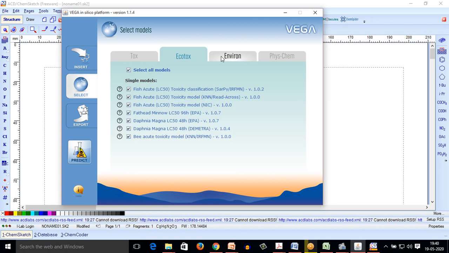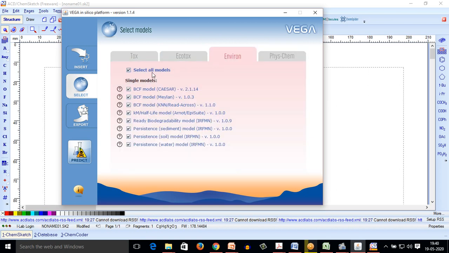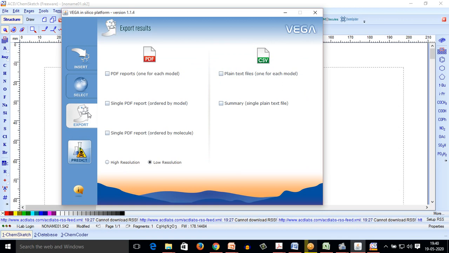So you can see that I have selected all the models, and I want to determine all the properties. Now coming to the export section, I want the report to be exported in a single PDF format ordered by the model. I can also export in PDF format individually, but I desire only one file and an ordered arrangement should be present.